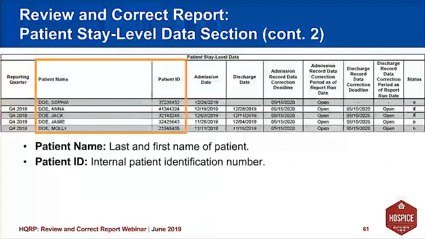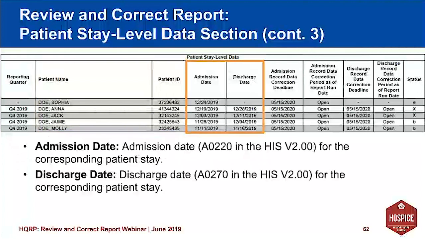Moving along, when you get to the patient name section, you'll find the last name and the first name of the patient, and then the patient ID, which is an internal patient identification number. Two columns next to that, you're looking at the admission date and the discharge date.